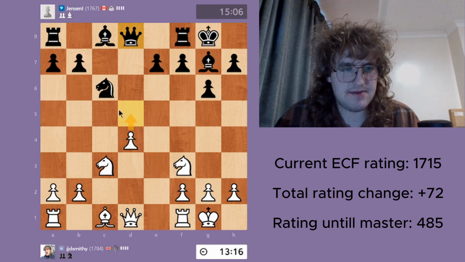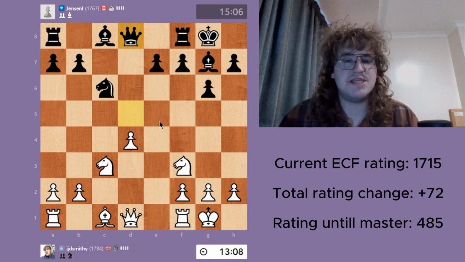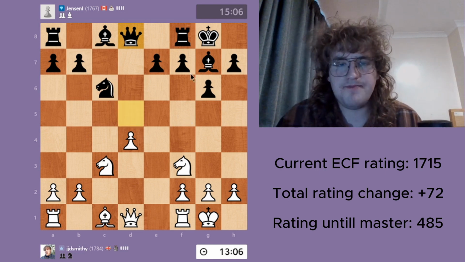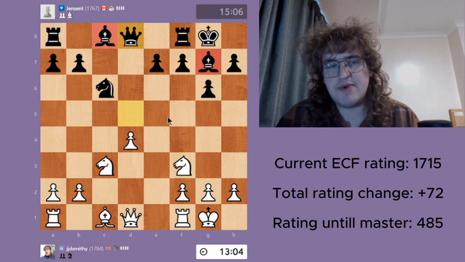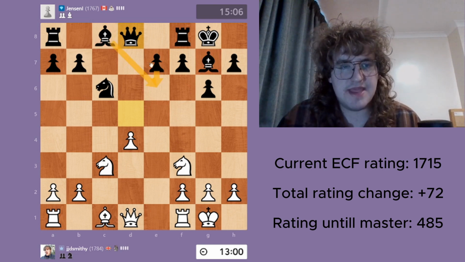In fact, is it? Knight back to b4 is a good move. So what White's plan is, they want to blockade this pawn. They have the bishop pair, which will blockade it. They want to play e6 though, so their bishop's going to be a bit trapped behind, which is going to be good for us. They would have to get it out this way,